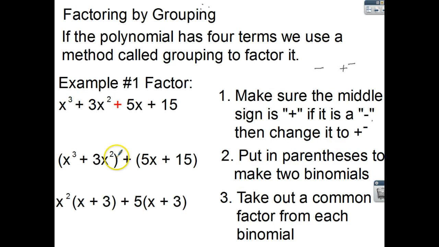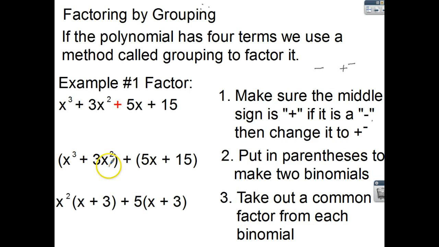binomials. You can always put parentheses around a plus sign and not change any values of the term or the polynomial that follows. But if it was a minus sign here and you put a parentheses, separated the minus from the 5, then you'd end up really changing the sign of this 15 here, and you don't want to do that. So it's got to be a plus before we put in the parentheses, creating two binomials. And then what you do, step 3, is to take out a common factor from each